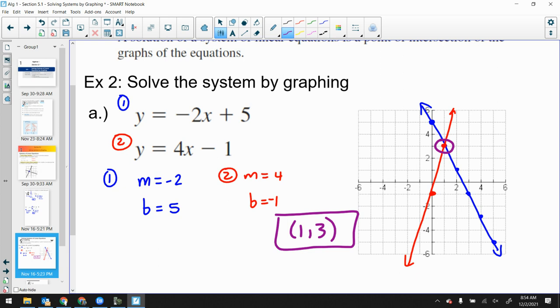Now, what happens if it doesn't come out so nice? Well, then you kind of have to estimate it. And at that point, estimation is not great, right? If it doesn't come out as a nice, neat point, you're going to have to use some other method of solving the system of equations. Now, the nice thing for you guys is that your state test gives you a lot of systems of equations, but there's this nice little button on the state test that you can click on, and it'll bring up